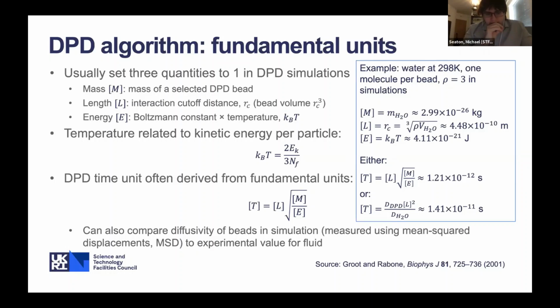The other way, though, is to actually compare the diffusivity of the beads in the simulation to an experimental value for the fluid, and that can give us an alternate time unit, which is actually another order of magnitude higher. So it means that even if we are using a fraction of that time unit in our time step, that's going to be at least an order of magnitude, if not more, than the sort of time steps